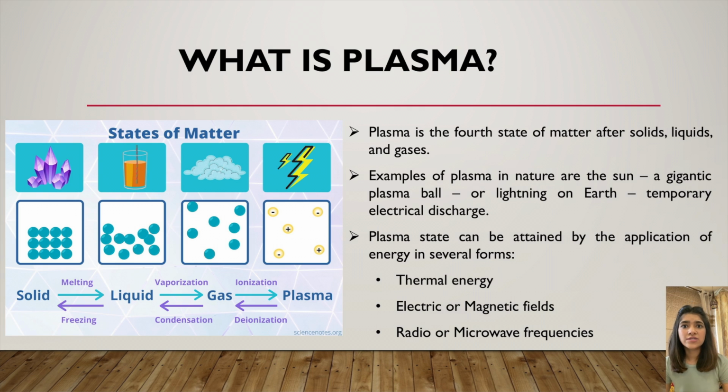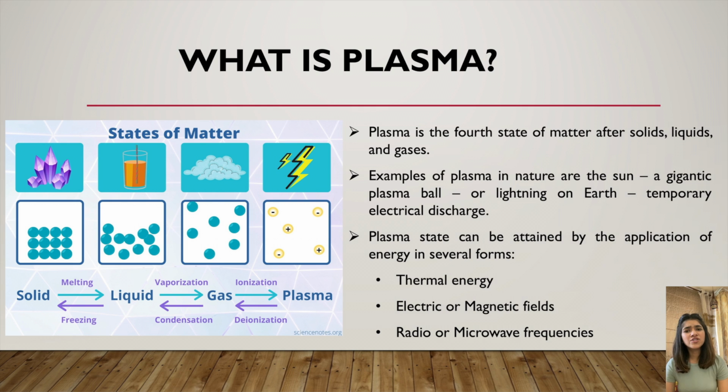So we all know that solid converts into liquid if energy is given or heat is applied. Then if liquid is given heat, then it is converted into gas. But now if we impart enough energy to gas, we will partially or totally ionize it, and that is that it will remove electrons from the atoms or molecules that constitute it. And in this way, we will reach a new state of matter, which is called plasma. Now, plasma is made up of free electrons, atoms, molecules, and ions.